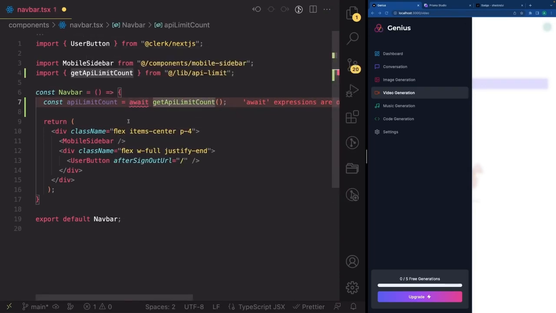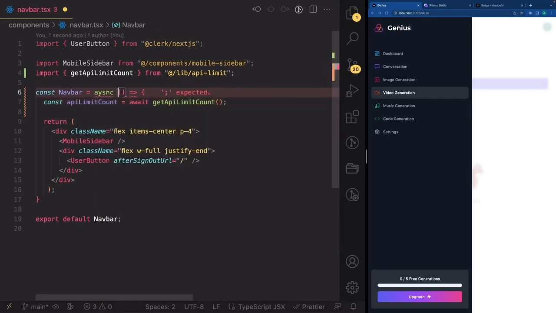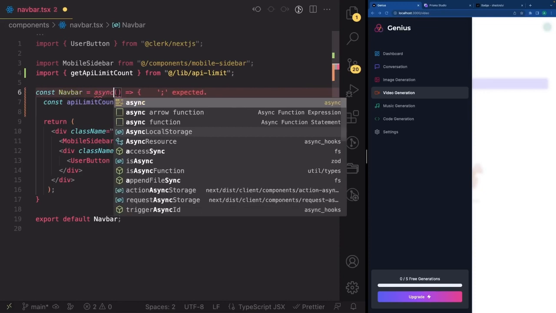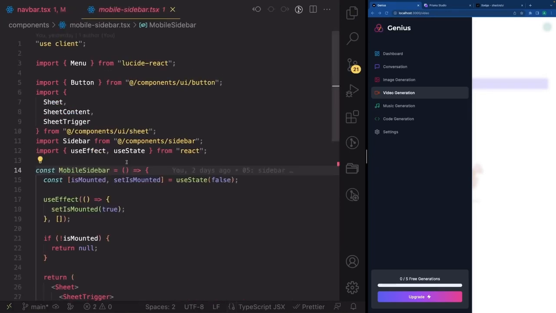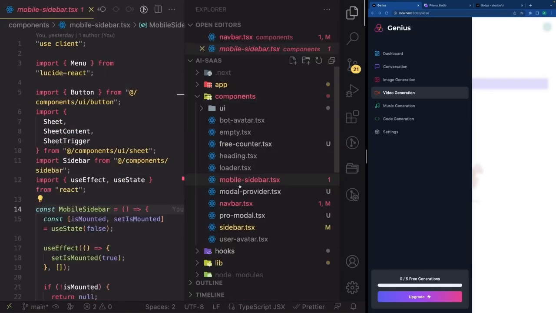Of course, we have an error that we are using await in an arrow function, which is not asynchronous. So just mark this navbar as asynchronous like this. Now, when we have this API limit count, you can go ahead and pass it to mobile sidebar as API limit count like this. Now go ahead and inside of your mobile sidebar, so mobile sidebar inside the components folder right here,